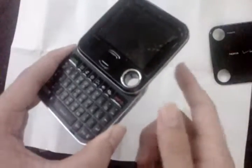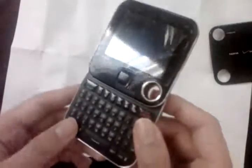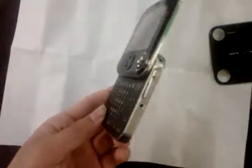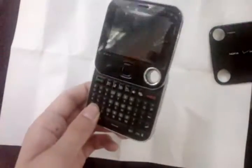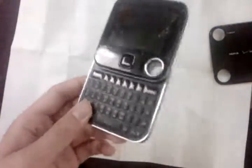But also the most perplexing thing of all with this device is that it's considered a smartphone and a feature phone kind of merged into one. At the same time, it runs on a proprietary OS not made by Nokia, but actually made by Verizon. That's very interesting because very few Nokia phones have been produced for their hardware alone and not for their software. Usually Nokia uses their proprietary OSs like Symbian, but again, this actually runs on a standard Verizon home